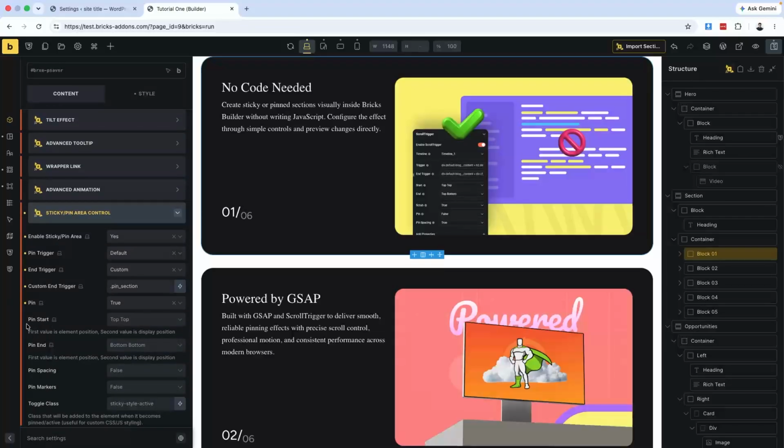The pin start is completely related to the pin trigger, and the second option, pin end, is related to the end trigger. You can see that for the pin start, we can define some values like top, center, top, bottom, center, and some other values. Let me tell you what pin start actually does. The pin start defines when the trigger activates, and the pin end defines when the trigger deactivates. For pin start, for example, I have selected top. It means that